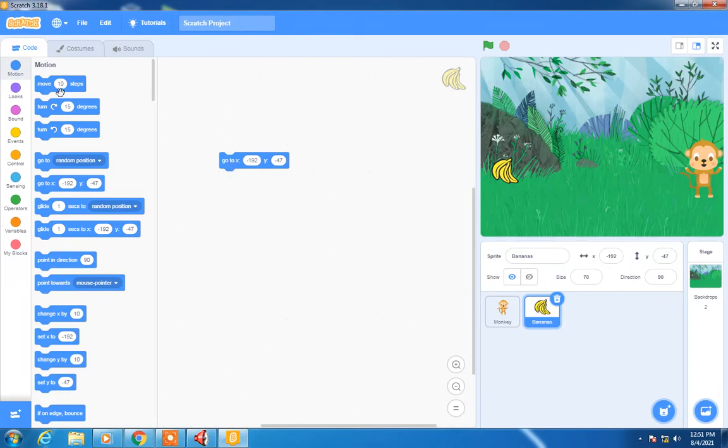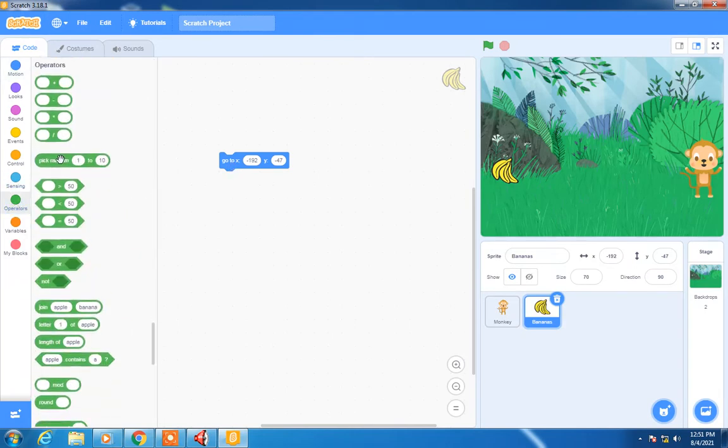So from where do we do that? You have to go to operators for that, and over here place it and pick any random value from -120 to +120. So from this top corner to this bottom corner, any position it can take the y value. So like this, the place from where the bananas have to appear will be decided.